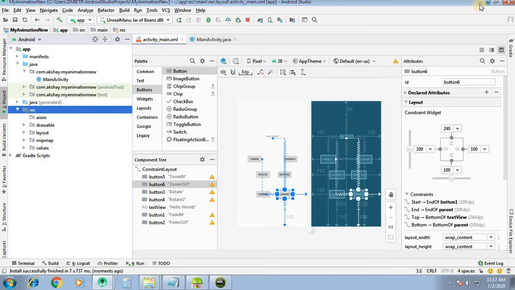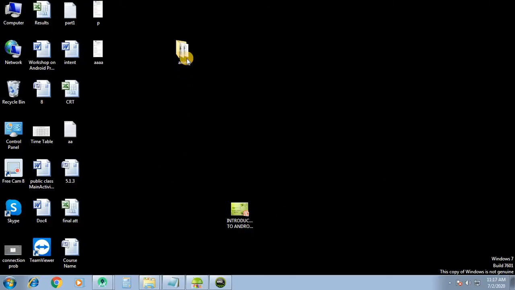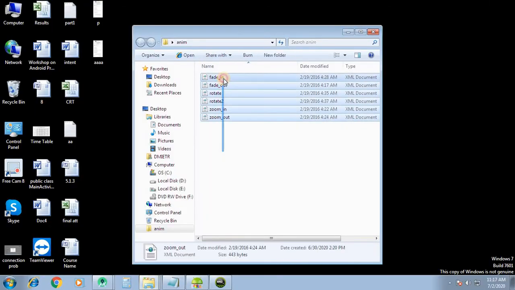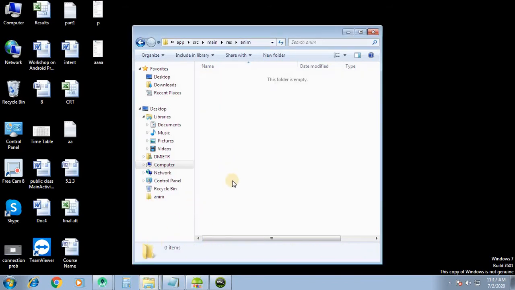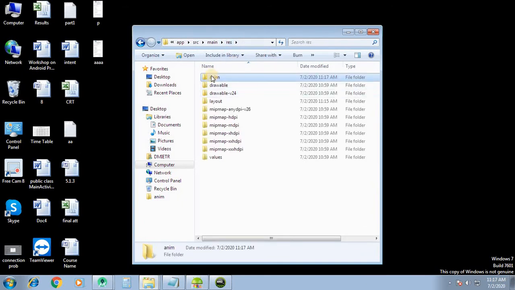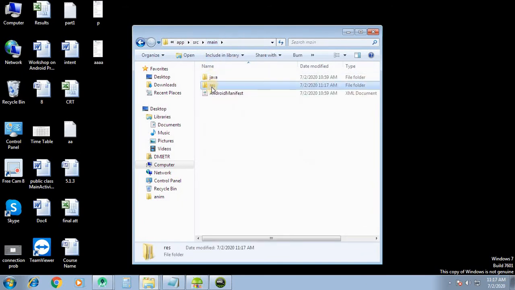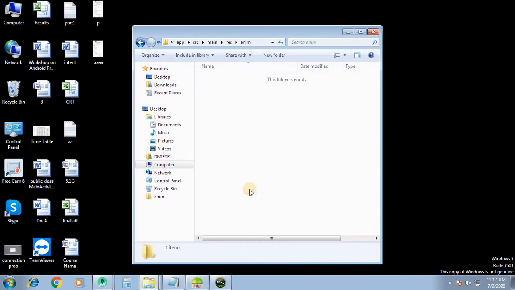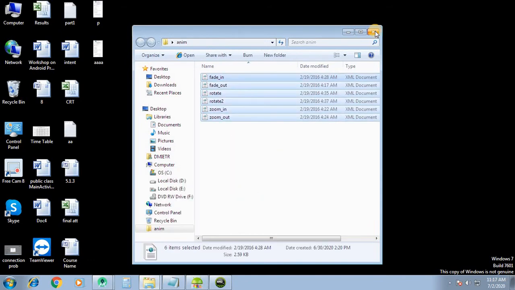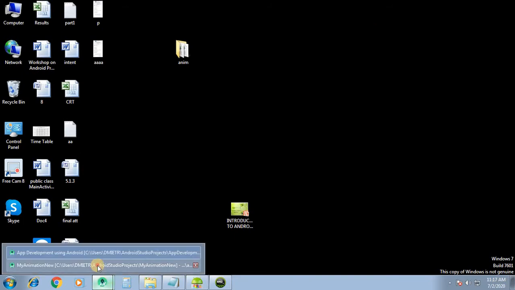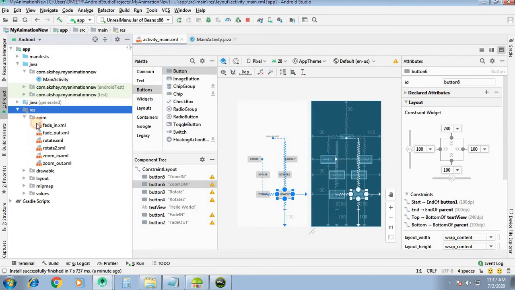I have some predefined files on my desktop, so I am loading these files: fade in, fade out, rotate, rotate 2, zoom in and zoom out, and I am adding them to the anim folder which we have created in res. Now I am closing this. You can see these files are present in the anim folder.